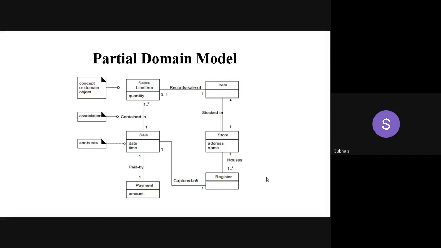Assume that you are entering the departmental store. You are collecting all the grocery items that you need. Then you are coming to the billing part. You are taking out all the items that you have purchased. Then the billing will be made for all the items. You are paying the amount, then getting the remaining amount. Finally, you are going out. This exact thing is called what? POS, point of sale system.